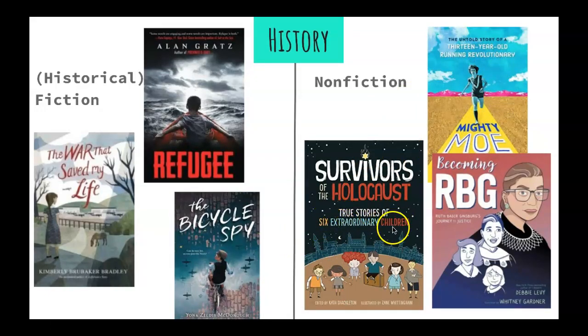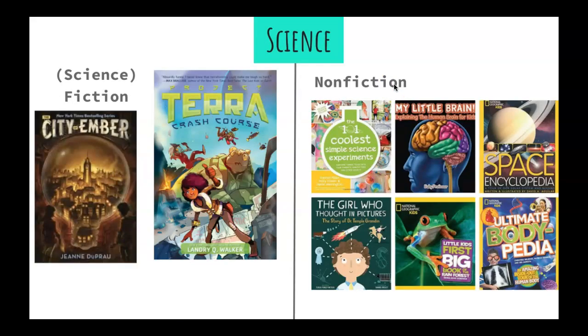True stories of 6 extraordinary children. Untold story of a 13-year-old running revolutionary. Ruth Bader Ginsburg's journey to justice. Like, they kind of have that clue often to let you know, okay, this is a true story, untold story, blah, blah, blah. They'll give it away. Okay, last one that we're gonna look at,